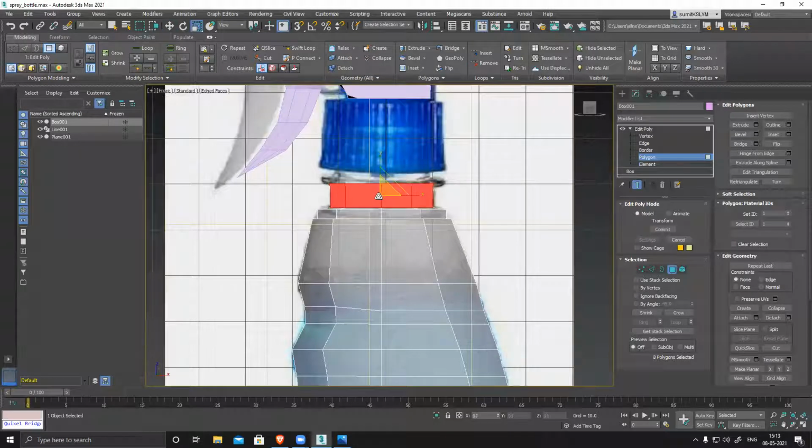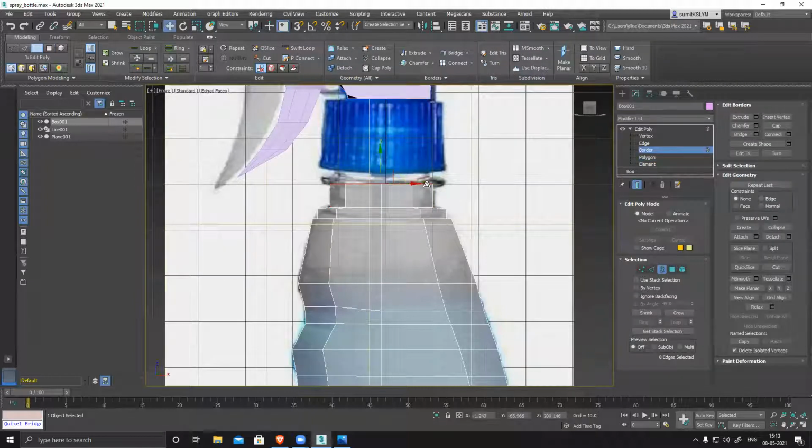Scale it down overall, match with the size, border. Cap.